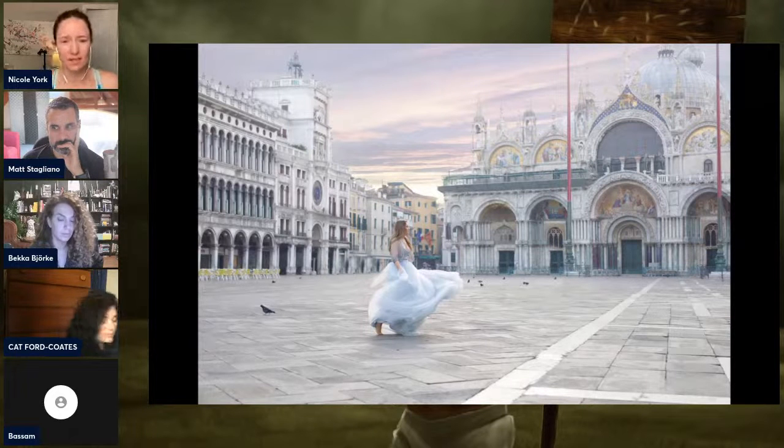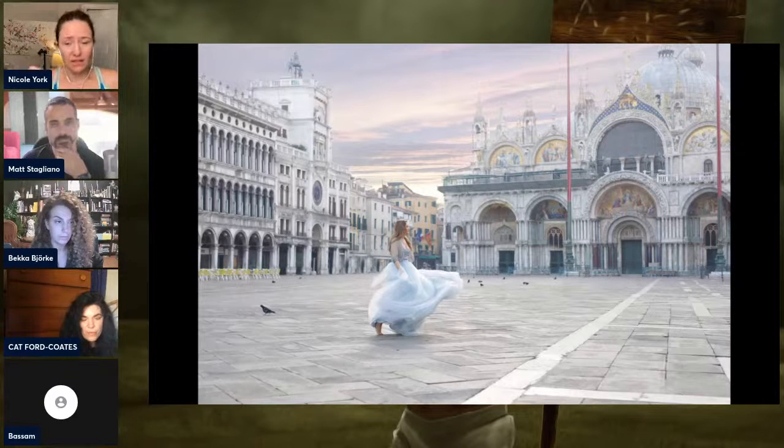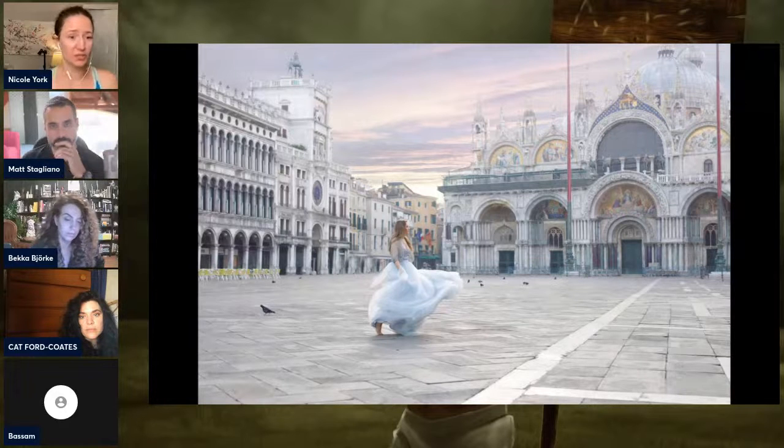Yeah, that makes a lot of sense. And I love that you mentioned how different times of day can affect this, because if she were there surrounded by people, this would feel like a totally different story. This wouldn't feel like maybe a princess has wandered out into the magical city. This would feel like a tourist that came in a big fluffy dress, right? It would feel totally different.